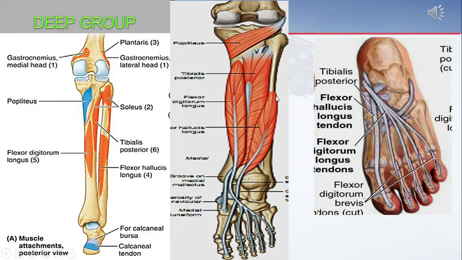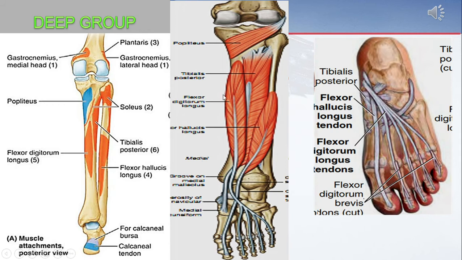The flexor hallucis longus muscle is arising from the posterior surface of the fibula. You can see here below soleus, and it is going to insert on the base of the distal phalanx of the big toe on the plantar aspect. Also supplied by the tibial nerve, it is a flexor of the big toe, and it also flexes all the small joints of the great toe, and it also weakly plantar flexes the ankle, and it is going to support the medial longitudinal arch of the foot, which is discussed later.